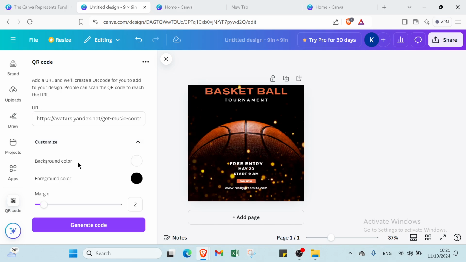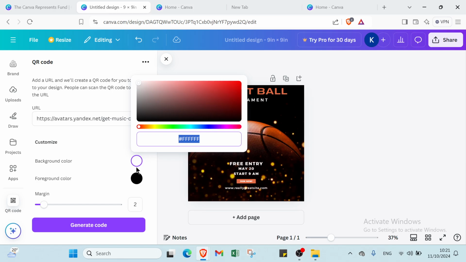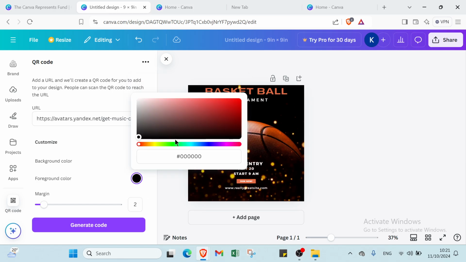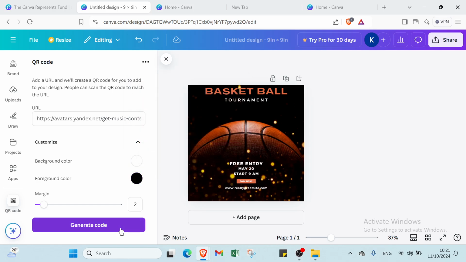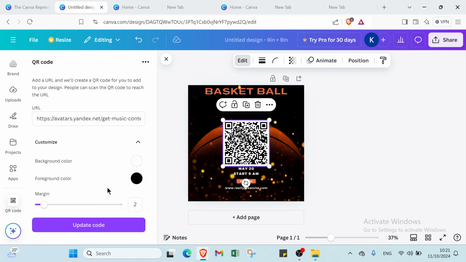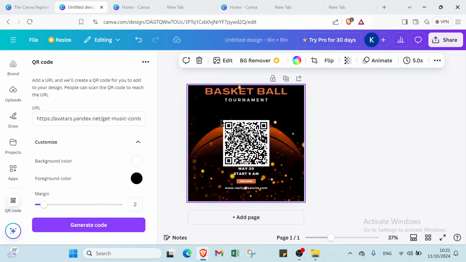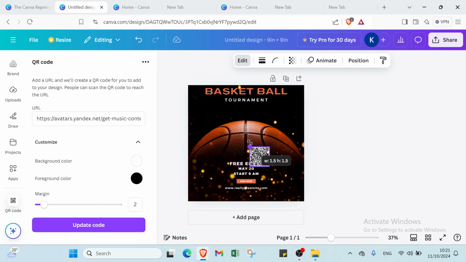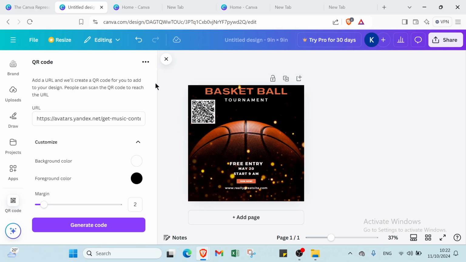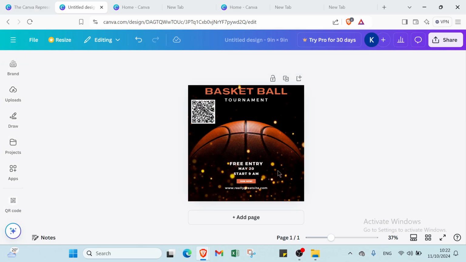Also, you have customize here, if you want to select the background that you want, then you have the foreground also, and then you click over generate code. So here we have it. I will just click over generate code like that. Now put it here, as you can see. So here we have it, as you can see. So right now, just come back